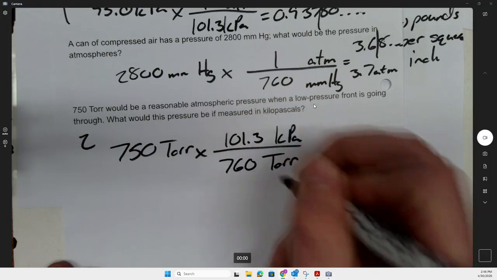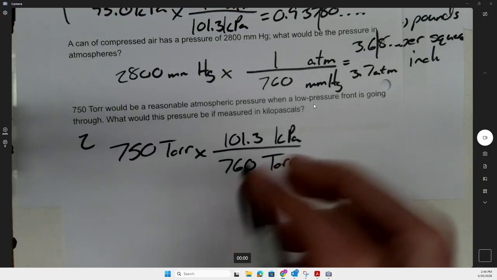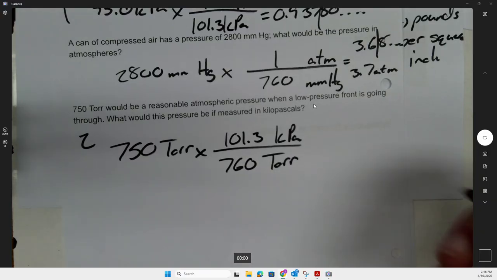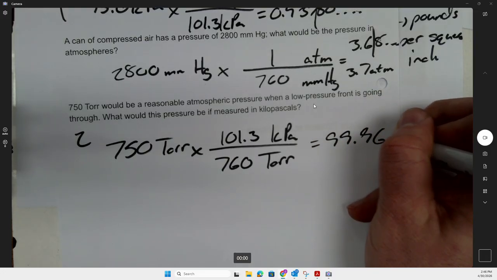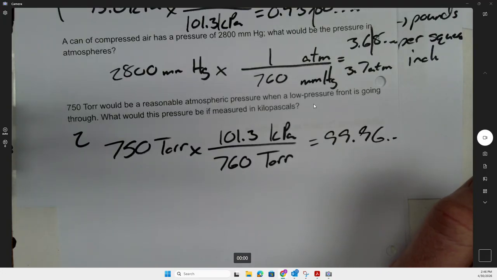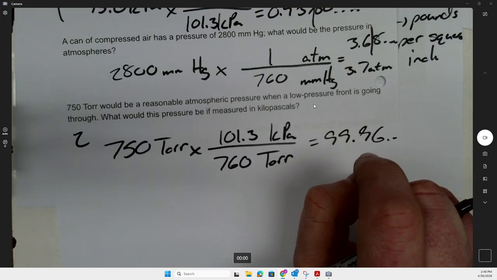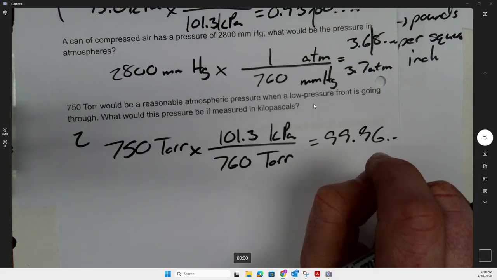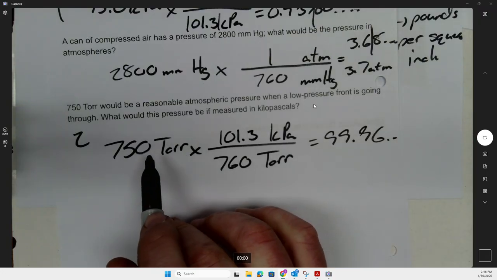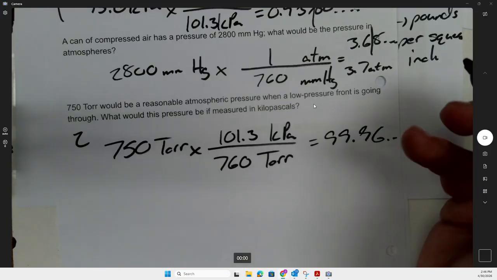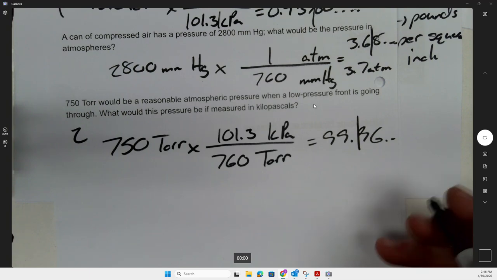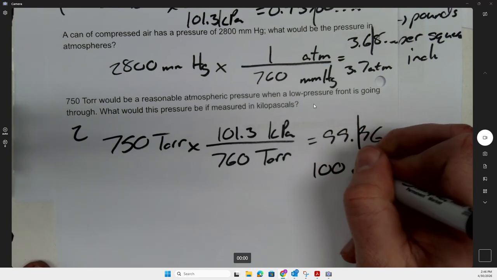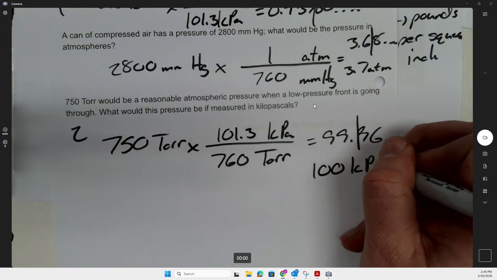101.3 over 760. Now, when I do that math, I'm going to get a final answer of 99.96 and a bunch of stuff I don't care about. How many sig figs can my final answer have? 3? 2. Trailing zeros don't count without a decimal, right? Is a 9 big enough to push my 9 to a 10? It is. So my final answer is going to be 100